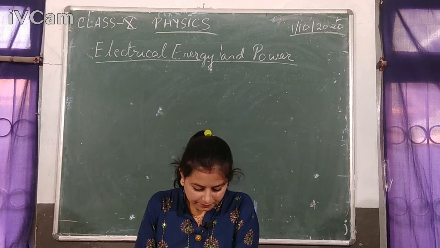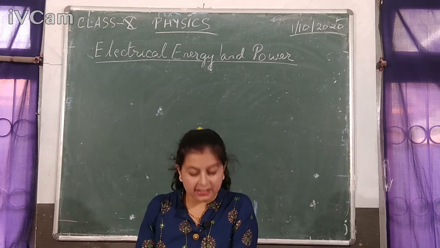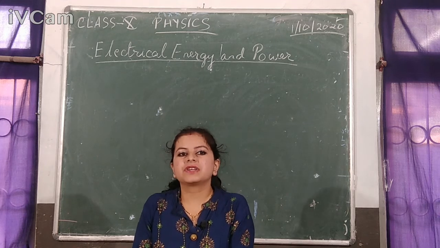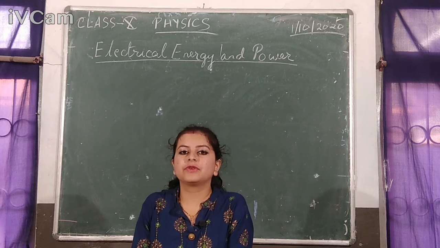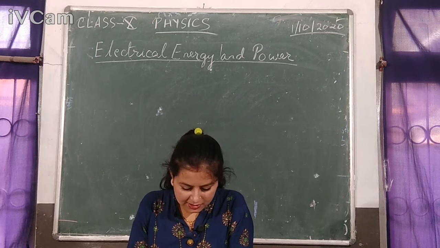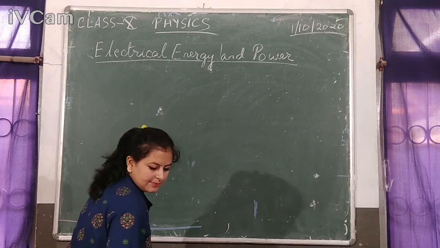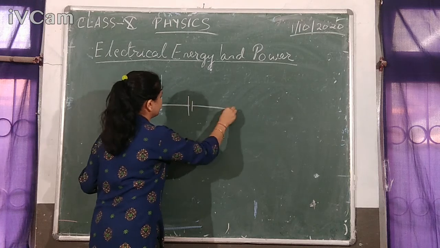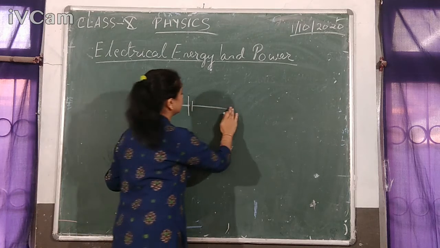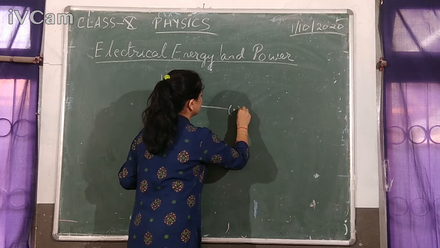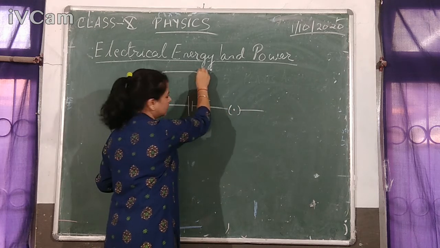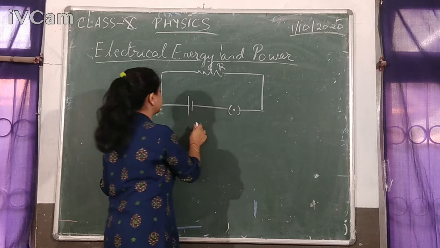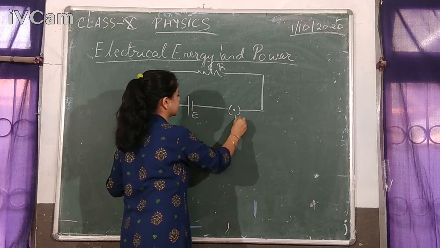Now we will see how electrical energy can be measured, okay? The formula will be derived, okay? And from electrical energy, we are going to derive the formula for electrical power, all right? So let's begin. Let's take a very simple circuit to calculate electrical energy. This is a source of electricity, okay? Then you put a switch, then you connect it to a device which has got a resistance R. So this is the source of electricity and this is the key, okay?